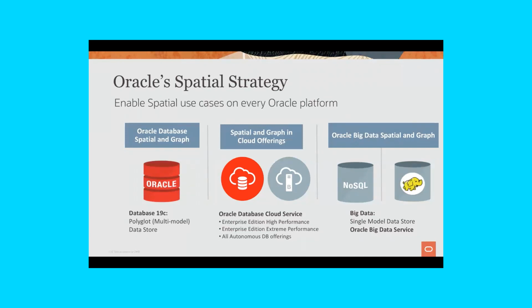We are not taking all of the features that we have on the database platform and porting everything to the big data platform, because the applications, the target applications and target customers, are different. So they have different sets of features. There's a little bit of overlap, but typically a lot of customers use the big data platform to do pre-processing and large amounts of machine-generated data processing, and more analytics and transaction-oriented data loads are done on the database platform.